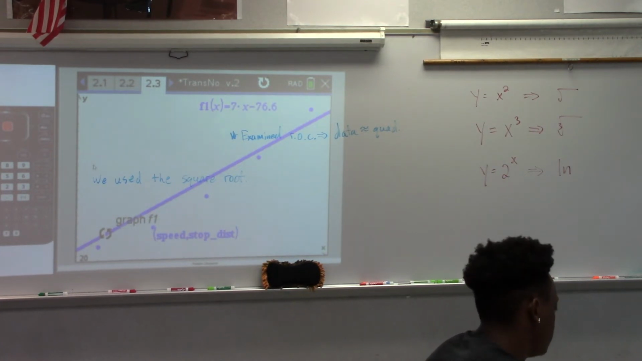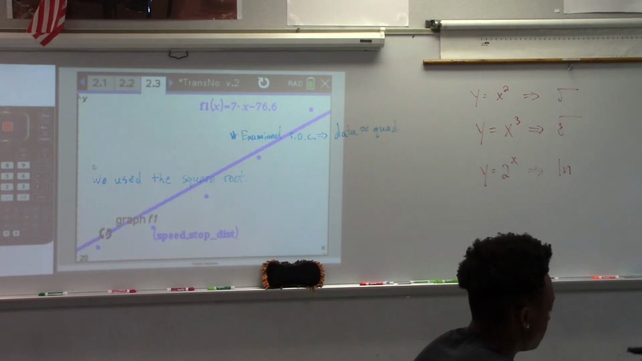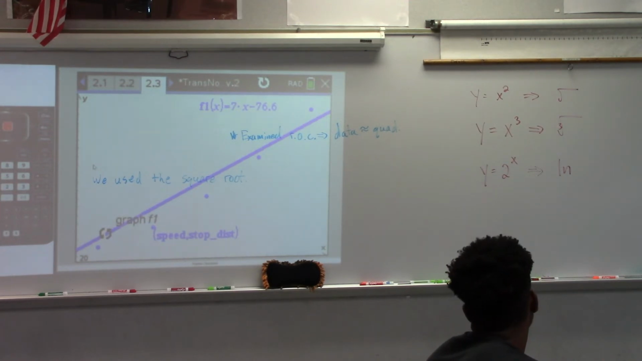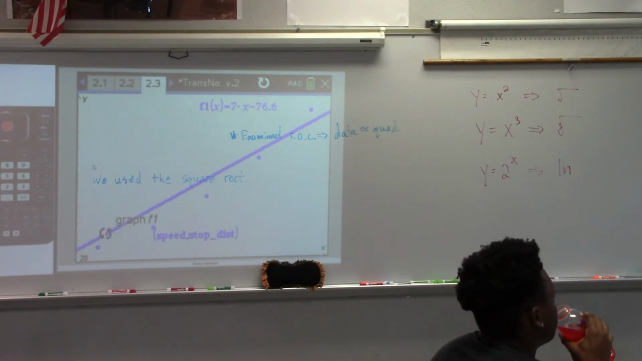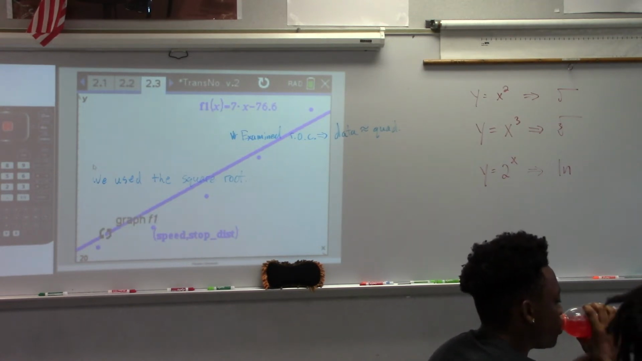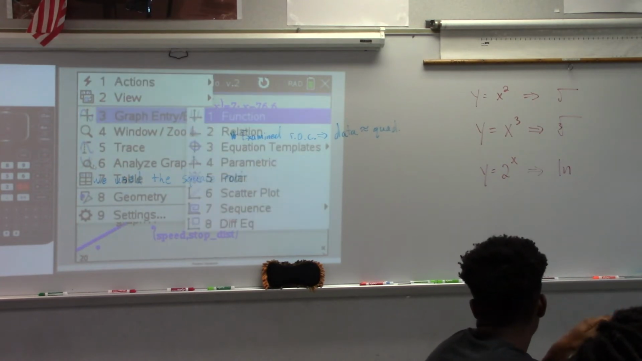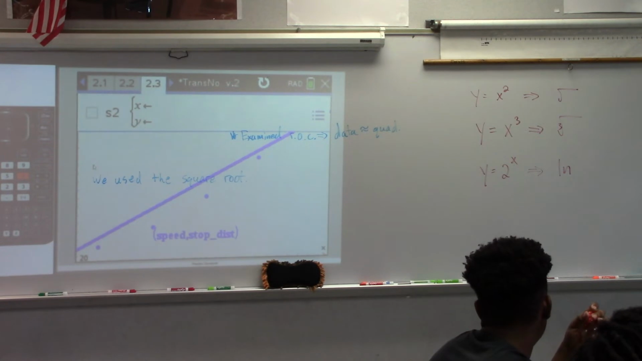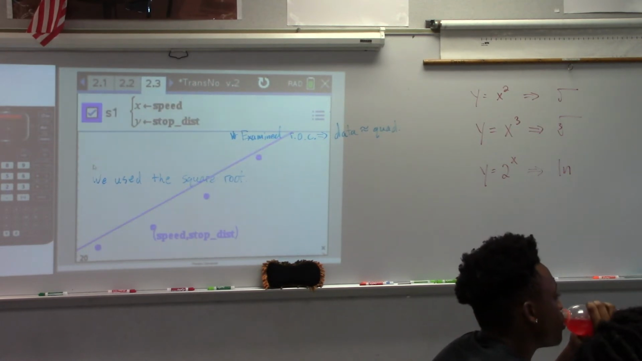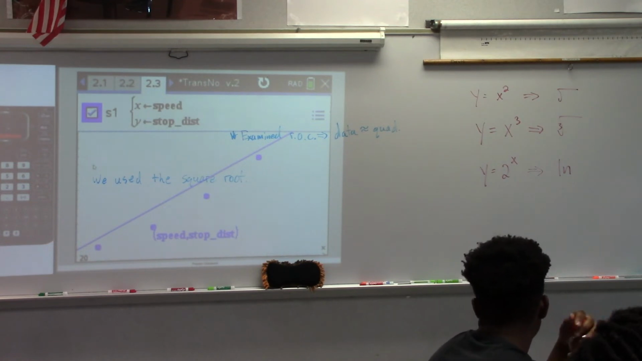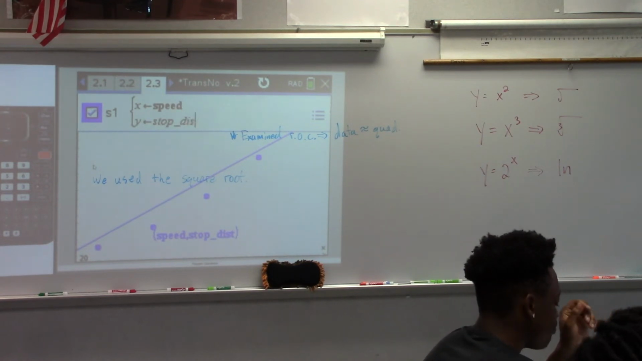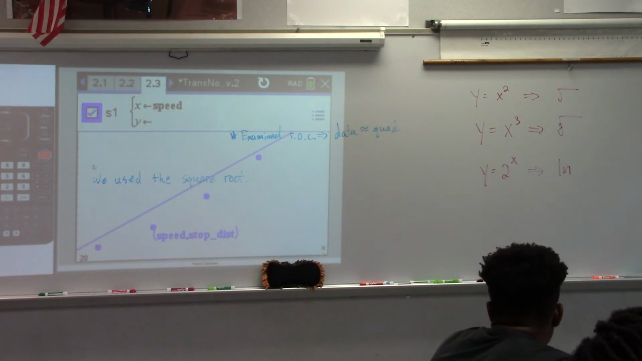It'd be a parabola. Remember how this was a quadratic function earlier? And so it is a parabola. So instead of doing speed and stopping distance, let's go back to our graph. So hit menu and go back to graph entry / edit and scatter plot. Now, Preston, if I were you, I would scroll up to S1 and instead of stopping distance, I would change that to linearized. Does that make sense? So make sure you have speed and linearized there, because that should be a linear set of